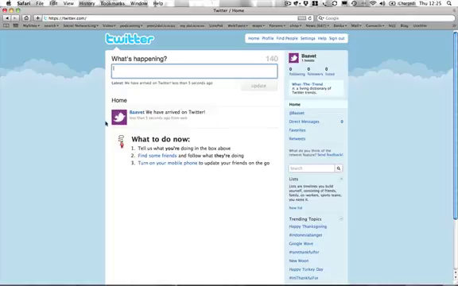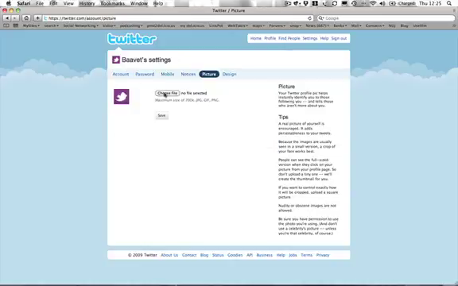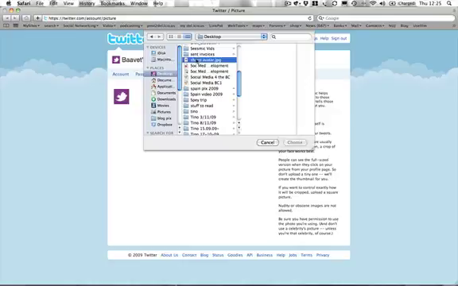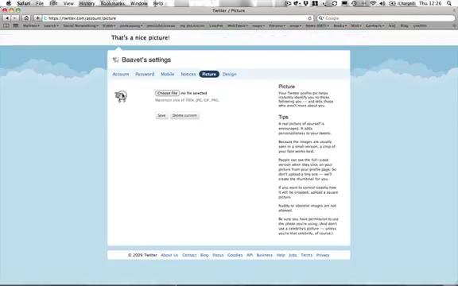But look, I've got a generic avatar there. Well, I don't really want the generic avatar. I need to start sorting out some of the bits and bobs around here. So let me go to profile, and I'm going to add a photograph. I'm going to choose a file, one that I've prepared earlier. There we go, and I'm going to click save. So there we have it, a nice little sheep.